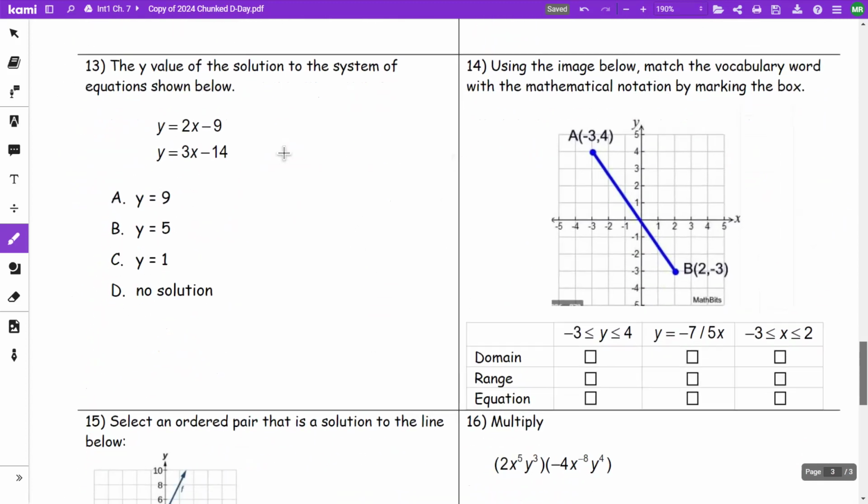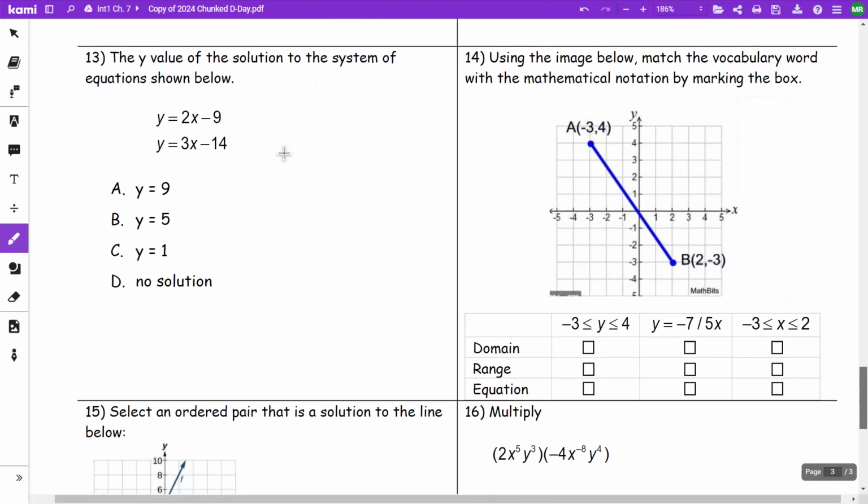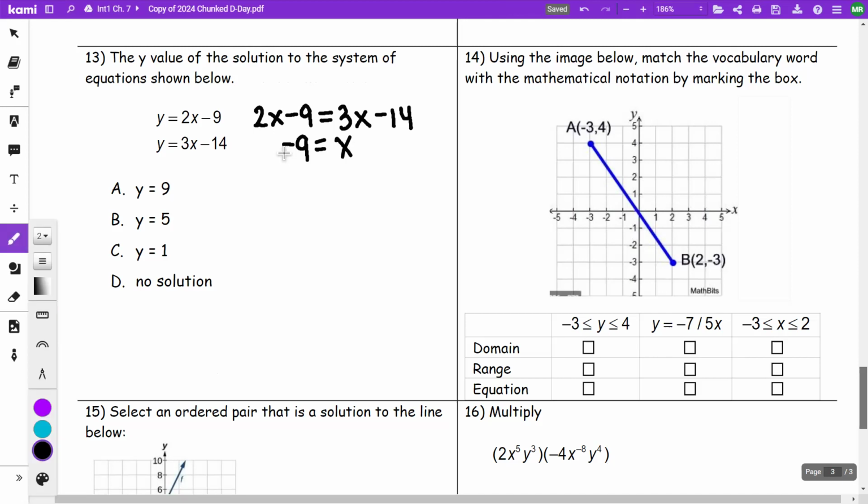On number 12, again, we're going to solve this system. I'm going to use equal values. I'm going to take 2x minus 9 and set it equal to 3x minus 14. Since both equations are equal to y, I can set them equal to each other. I'm going to subtract 2x from both sides. That's going to give me negative 9 is equal to, let me actually do the subtraction, x minus 14. I am going to add 14 to both sides, which is going to give me 5 is equal to